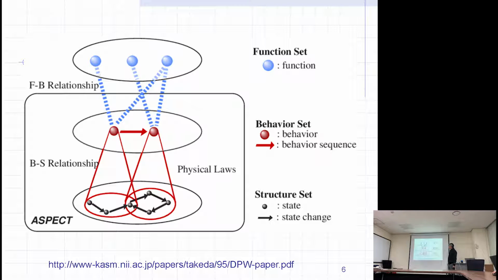So this is function, behavior, structure. We start from here, and then we need to have a behavior. But these are all interacting with each other, right? The structure: what can be the material for a tire? It can be plastic, or steel, because the tank is moving on steel tires, right? So it depends on the requirement or environment. If you take the tire as a steel tire, then the behavior is different, and then the function may be met or not met, depending on the situation. So you need to work around this